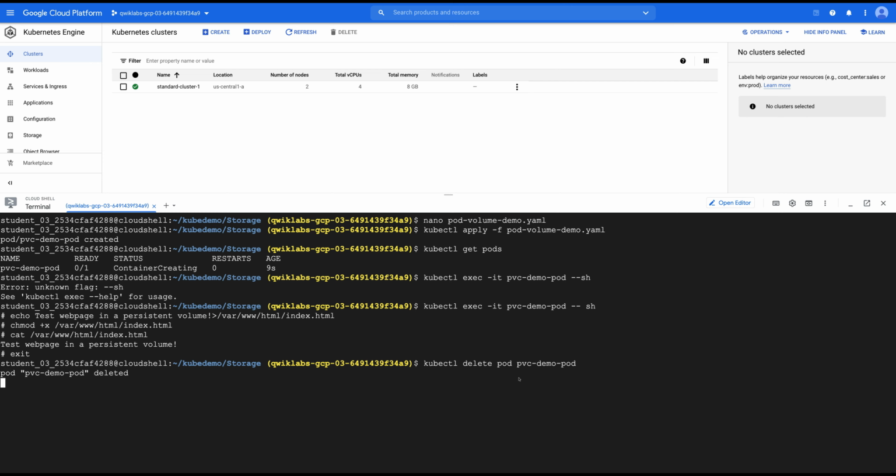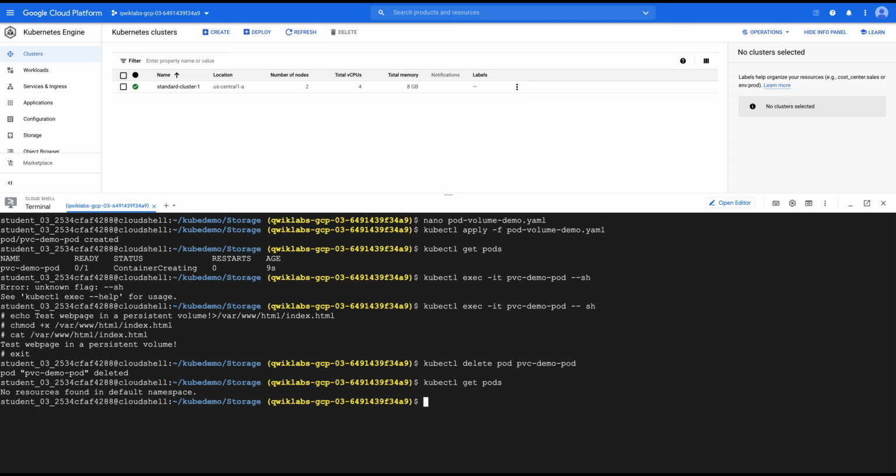So let me say that again. What we did, we created a persistent volume claim, then we created a pod, and then we mounted that disk on our pod. We went inside the pod and wrote an HTML file in that persistent disk, and then we deleted our pod. So now we do not have any pod available. Since the pod is gone, the persistent disk should still persist the file which we created, and that should not have been deleted when the pod was deleted. And now we are going to test whether it's properly available or not.